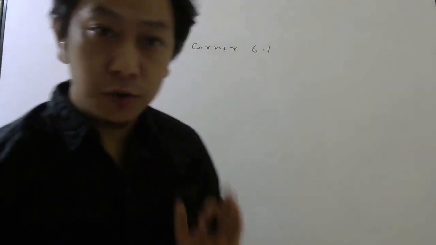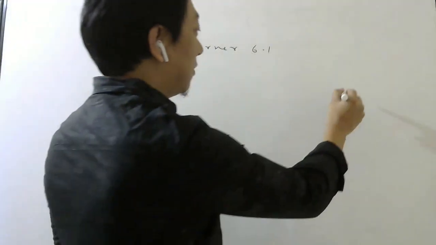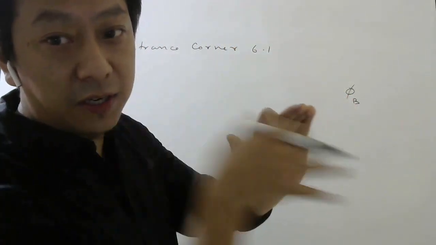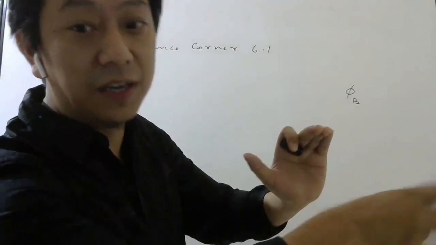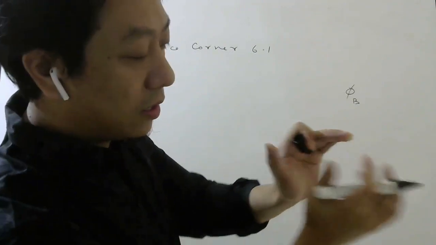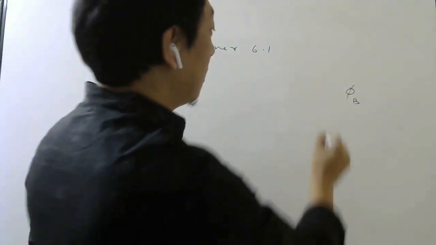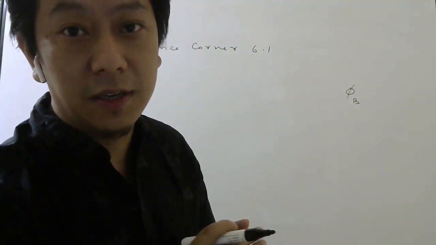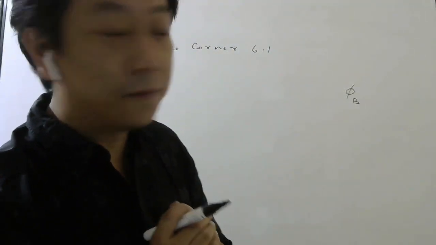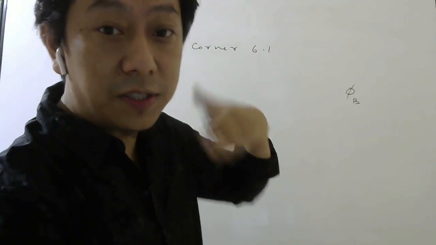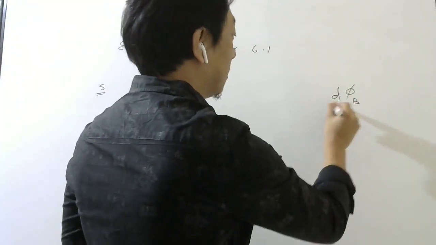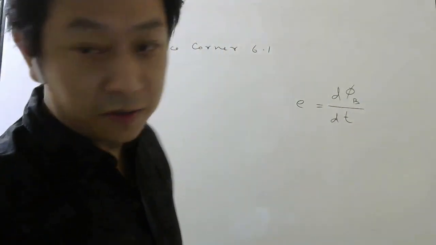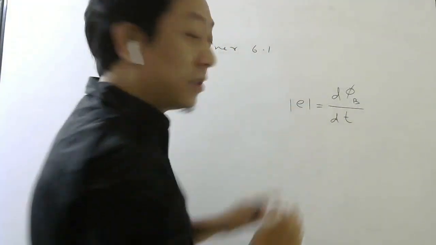Okay, Faraday's law you need to remember, which says that if there is magnetic flux passing through a closed circuit, so if the lines of magnetic field are passing through a closed circuit, then you know that there will be magnetic flux linked with the circuit, BA cos theta, right? If the magnetic flux changes with time, then there will be an EMF induced. Okay, and this is Faraday's law.